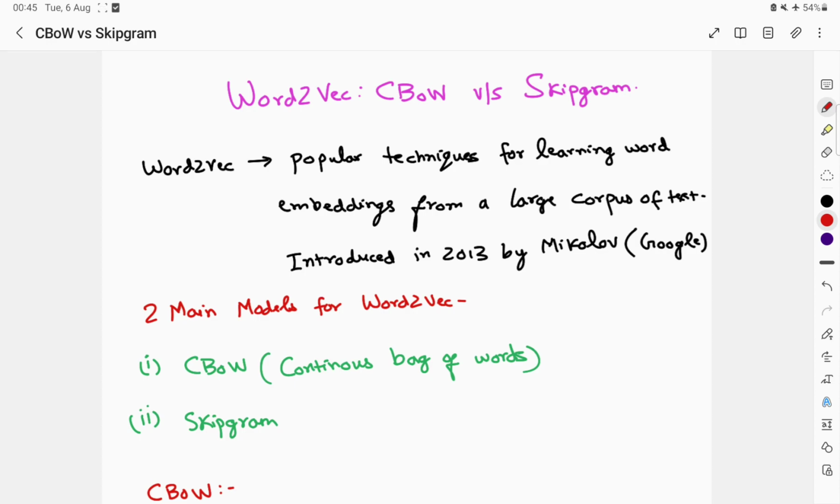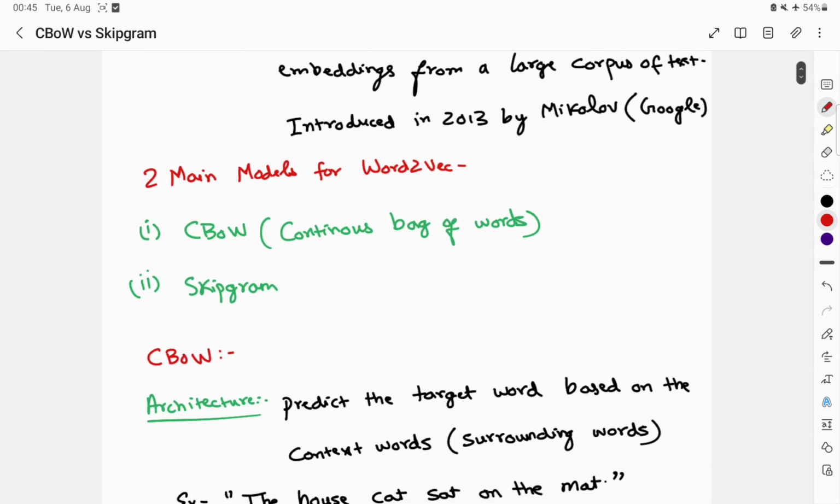So Word2Vec, like I mentioned, is one of the popular techniques for learning word embeddings from a large corpus of text, and it was introduced in 2013 by Mikolov and his team from Google. And basically there are two main models, like we mentioned, for Word2Vec. The first one is CBOW and the second one is Skipgram, and we will talk about both of them in detail, try to understand what each of these models does and what some of the main